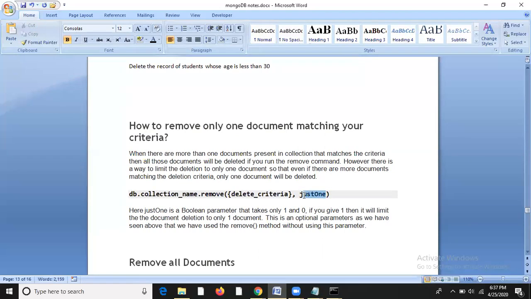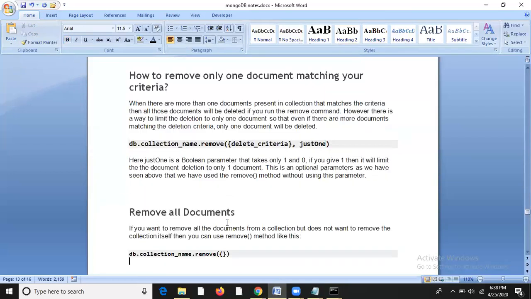Whenever I write 1 over here, it will limit the deletion to only one document. That means if there are four records which satisfy your condition and you write 1, it will delete only one document, not all of them. So this is how you can remove one document.